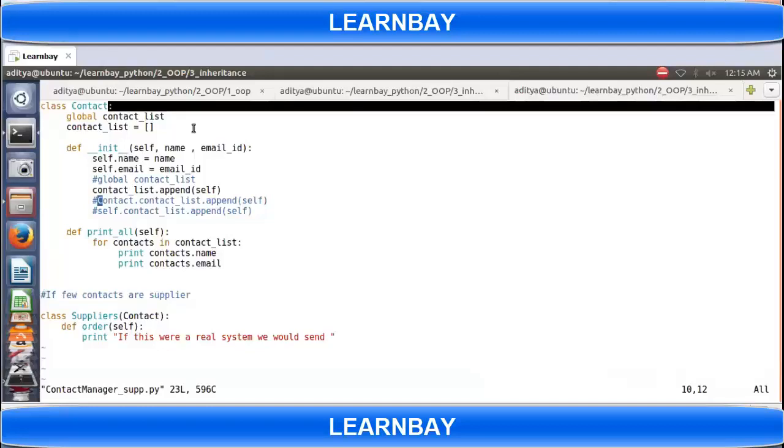It's working for you guys. Actually, I'm trying to print inside the for loop. I've written for i in object name dot contact list. No, this class definition is working for you. If you remove that, everything else is working for you.